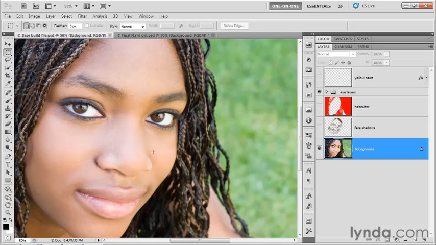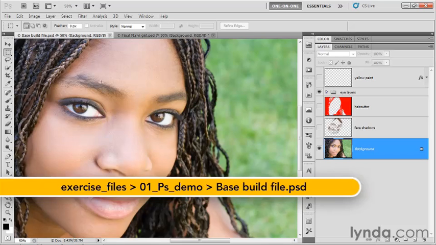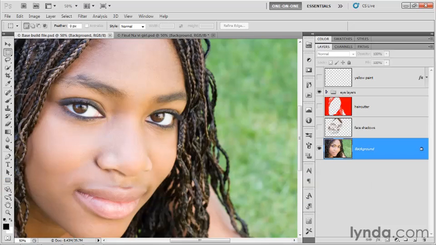Now, the first step in our ambitious undertaking here is to distort this girl's face. So for one thing, we need to make her eyes much bigger. And if you saw the movie, you may recall that their eyes are very wide set as well. And we need to increase the size of her brow because the Na'vi in Avatar have very big brows. And at the same time, they have these flat noses. So we're going to have to reduce the size of her nose, tuck the tip of the nose in a